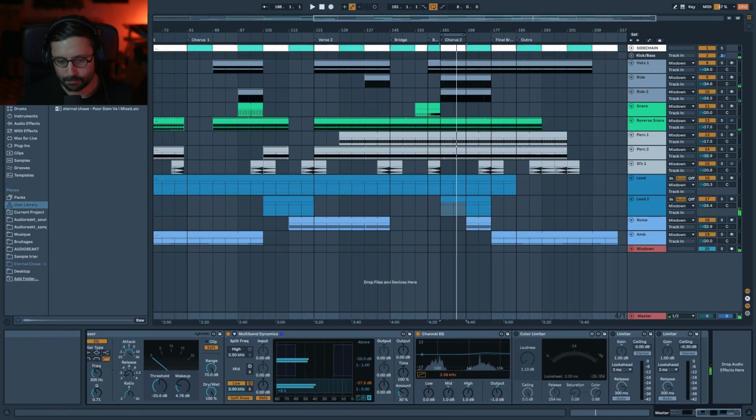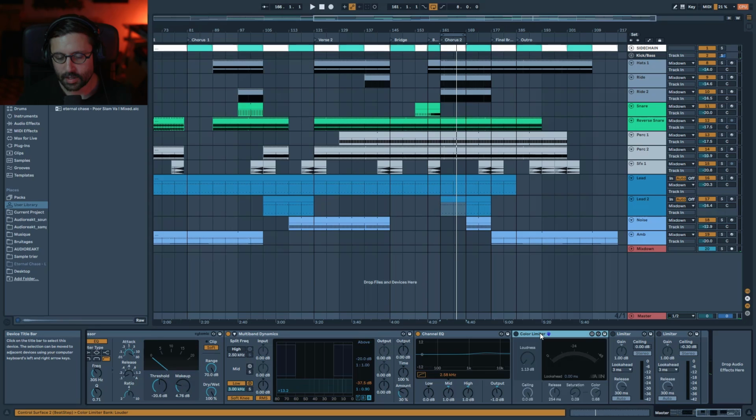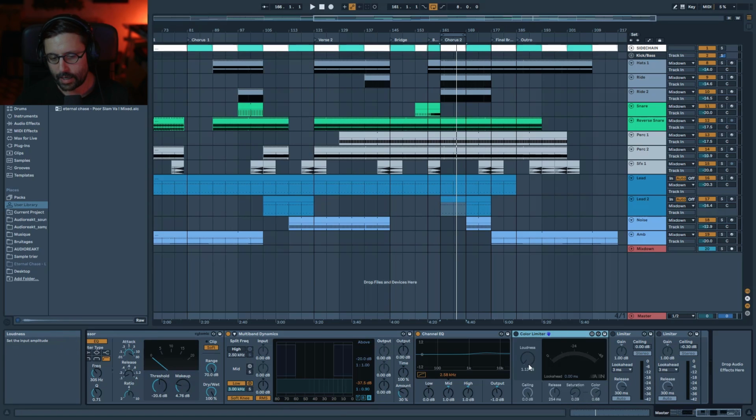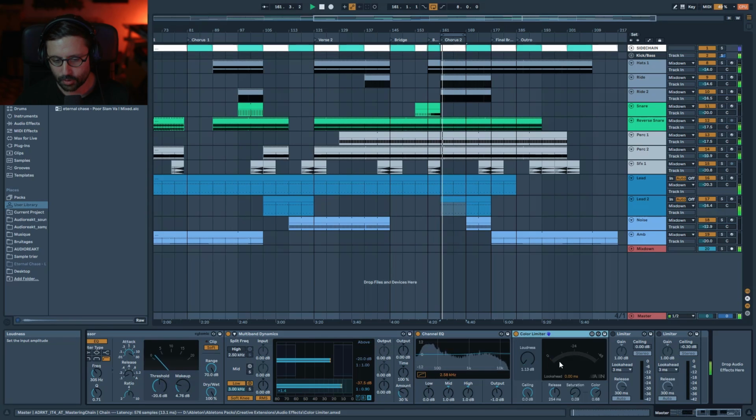It's very subtle. And then you have color limiter. So this, I use it more like a tape plugin. Ableton doesn't have a tape saturation plugin, and I found the color limiter is kind of close to that type of saturation. It really adds some warmth and some saturation and some loudness to your sound without damaging it. And usually with the color, you choose if you want something brighter or darker, and I would usually go just a little bit of saturation, like 0.9, 0.8. And then I limit a little, but not too much. You can see just like